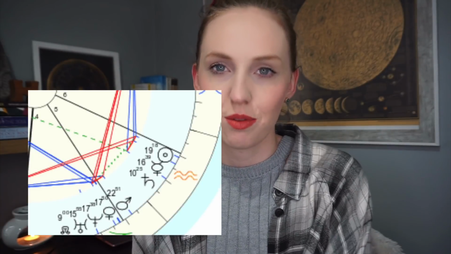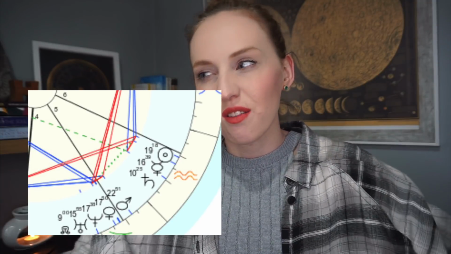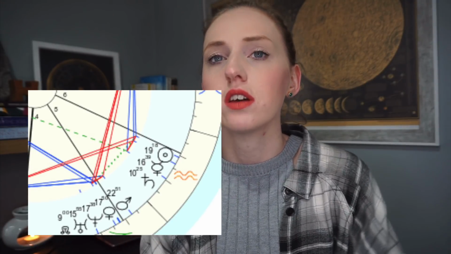But what if you are someone like me who has more than 2 planets within your 5th house? I actually have 4 planets within my 5th house, so a stellium. Well, if this is the case, you've gotta take everything into consideration. You've gotta read that 5th house energy by combining everything together, and also remember the sign that rules that 5th house for you as well.